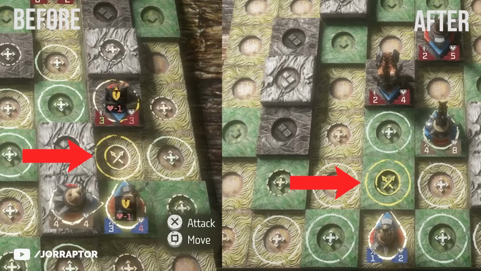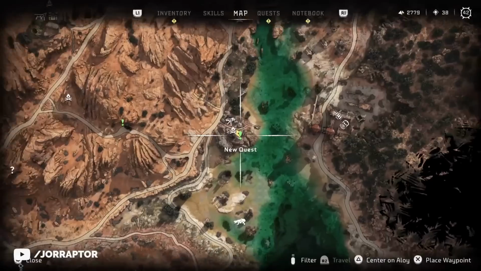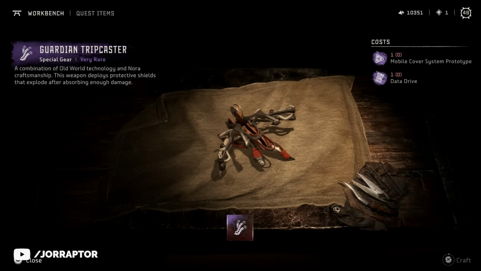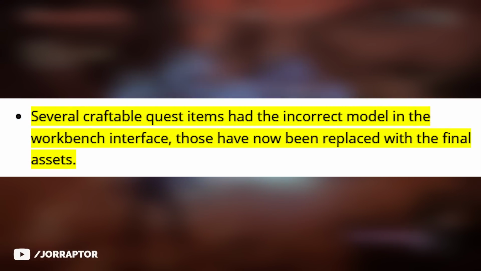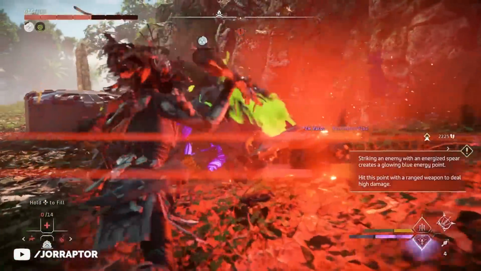During the Drowned Hopes side quest you can start over here on the map, you can get a Guardian Tripcaster, but first in the workbench crafting menu where you have to craft this after completing the mission, it would look like an ordinary pouch. Well, if you check now, after the update, they changed it to a legit Tripcaster because it is a Tripcaster. And they also note in the patch notes that they did this for several craftable quest items. We'll go over more fixes and changes with the update, and also again talk about that pretty substantial DLC